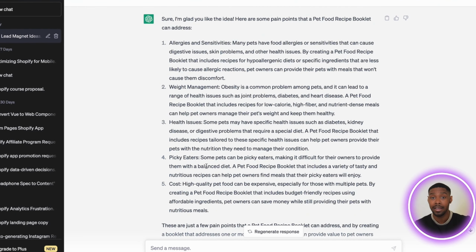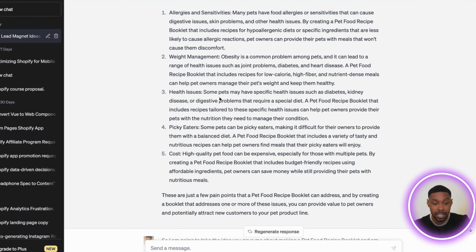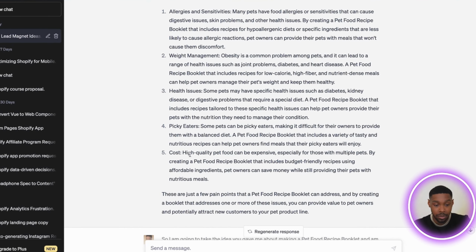Now, keep in mind that in order to give your customers the best experience with your brand, don't just use whatever ChatGPT gives you. Make sure you do some research yourself and you can confirm that these things are true before moving forward. Now, if you're using ChatGPT 4, it does have access to the internet, so the responses it gives you will be better, but just keep that in mind whenever you're doing this. You might also want to pass this through an expert that knows how to build landing pages and funnels just to check your work. Now, it'll give you a list of pain points that you can use for your